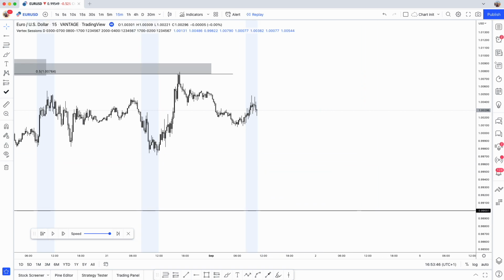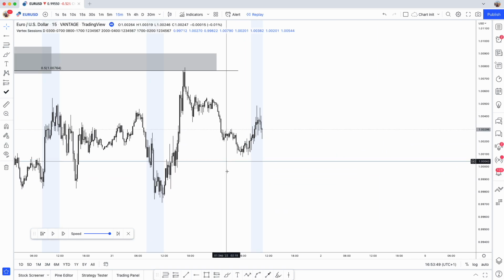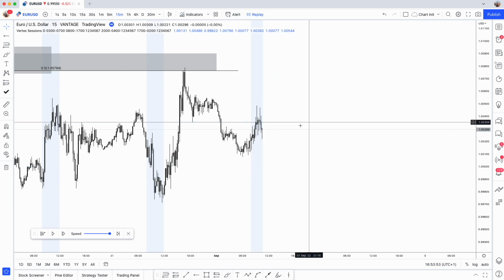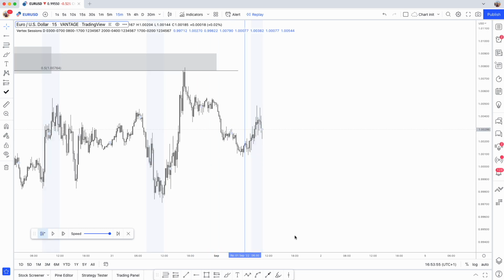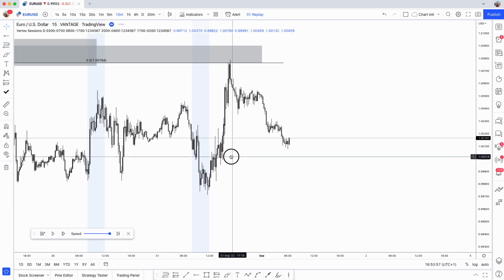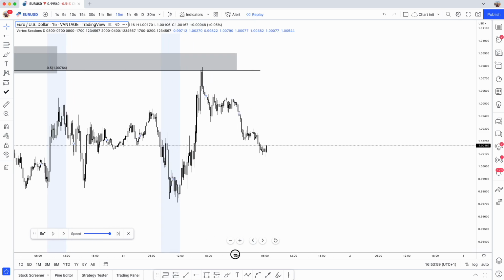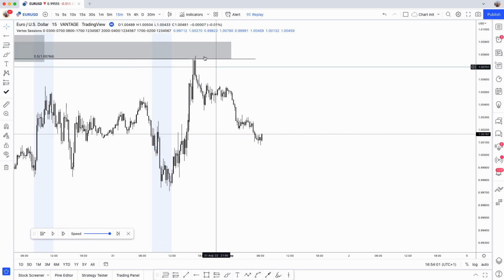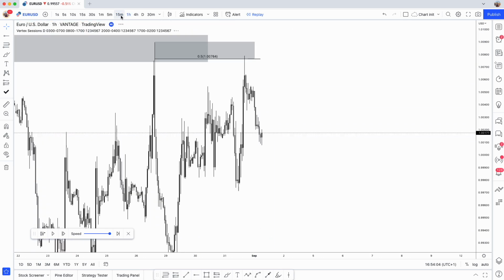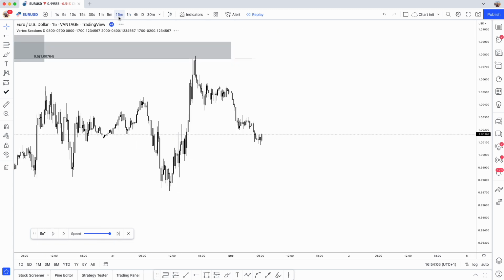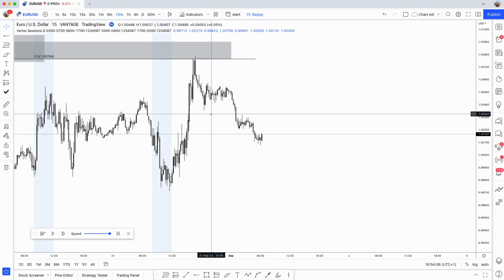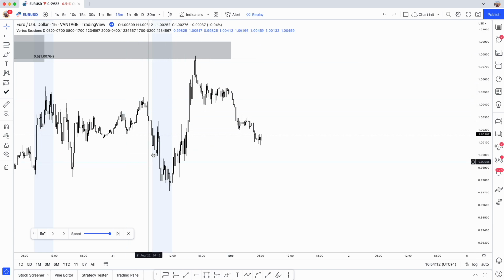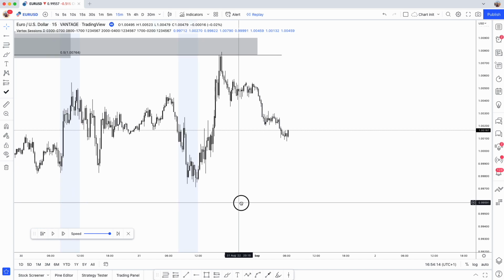Okay, now once price has tapped, I should have done it a little bit before. No, that's not what I want to do. So let's go to here, for example. Once price has come, we're playing an hourly reaction, so we are going to look at the hourly time frame for our next POI to trade off, because going into the session, although we want to trade off the 1 minute time frame, we want to have some sort of reference point to trade the reaction off.